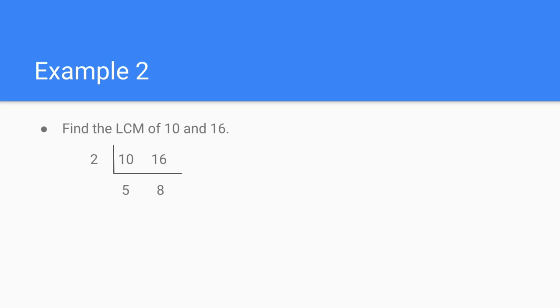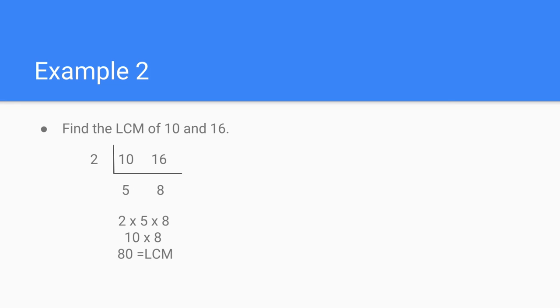No? Okay. So now we take the common factors on the left, in this case we only have one of those, and multiply it by the numbers on the bottom. So we have 2 times 5 times 8. And again, that will give us 10 times 8, which leaves us with 80,